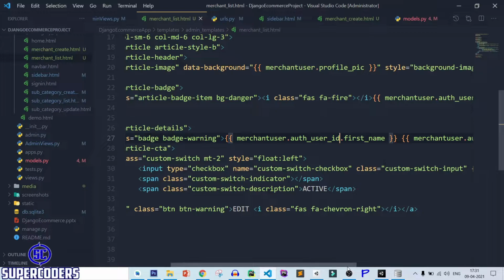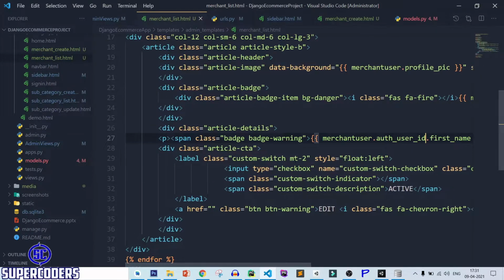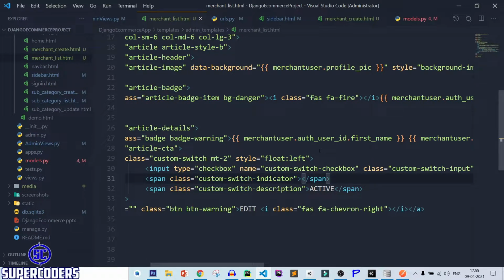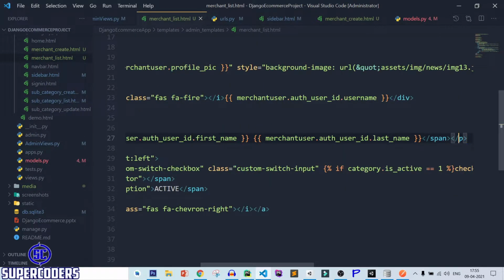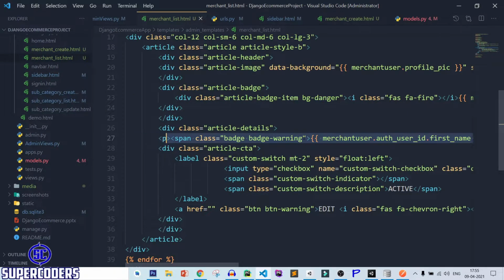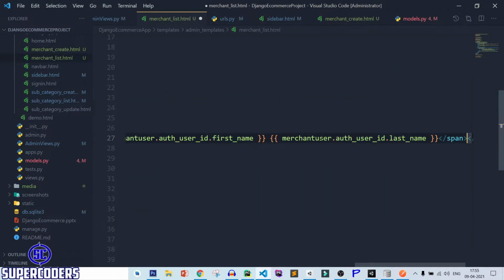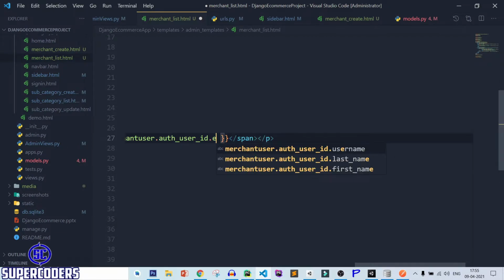After that let's see other things. So here in list, let's show the data of email. So copy it, paste it, remove it, and here email.